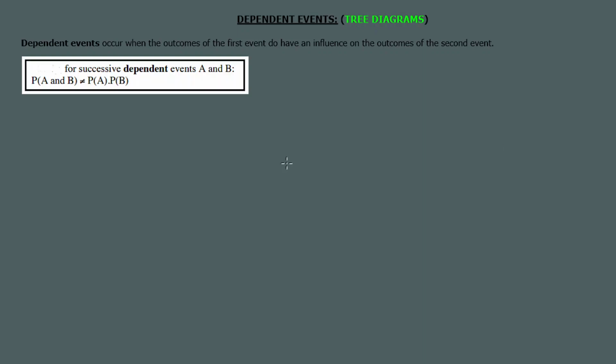Now, how do we calculate dependent events? Definitely, we calculate just like independent events. If you watched the video on independent events in the description box, you saw what I did there with successive events. For events A and B, the probability of A and B is equal to the probability of A times the probability of B. But for dependent events,